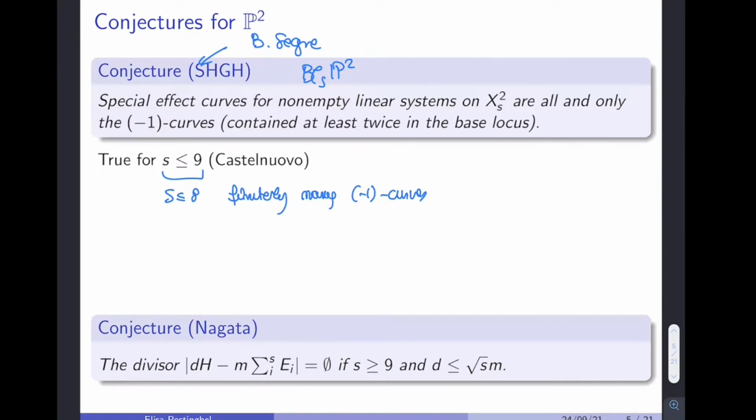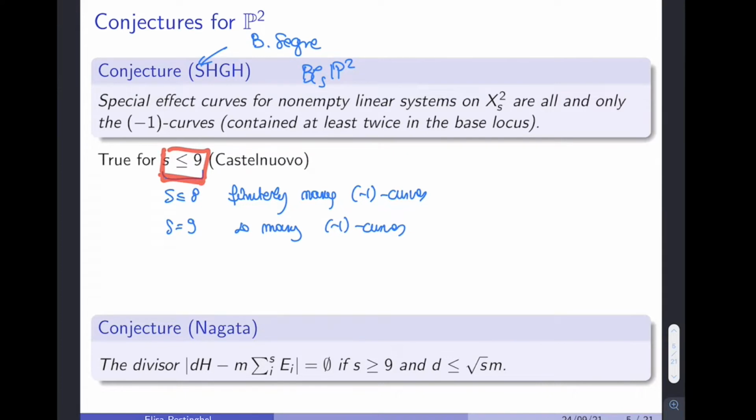It has a finitely generated effective cone. It's actually generated by the -1 curves. There are finitely many of them. If I blow up an extra point, this is no longer a del Pezzo surface, and in particular, there are infinitely many -1 curves, but nevertheless, Castelnuovo managed to show that even if you have to deal with infinitely many